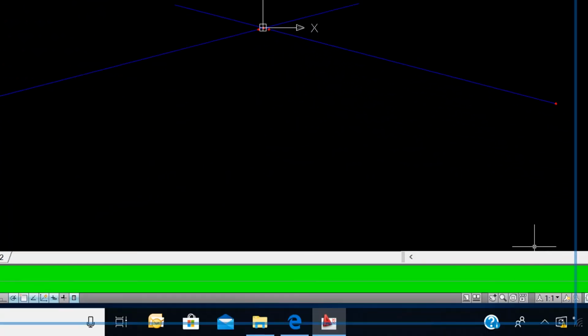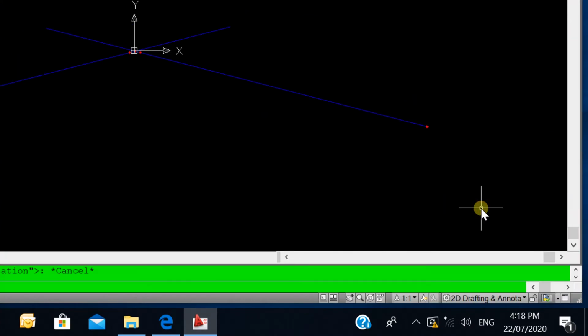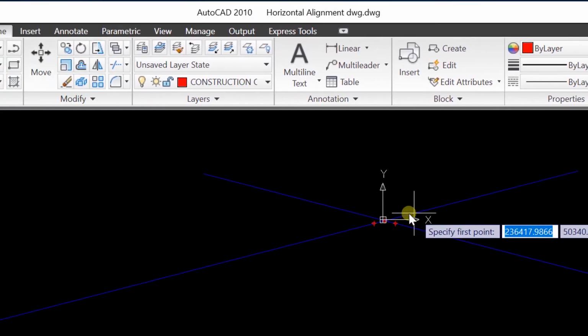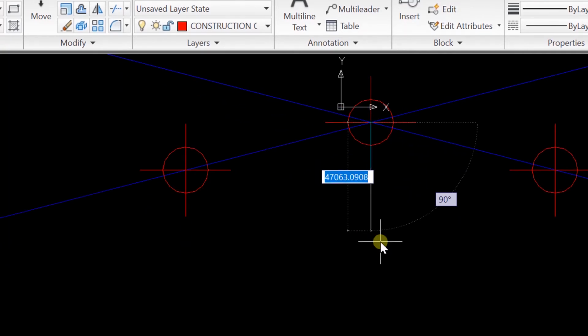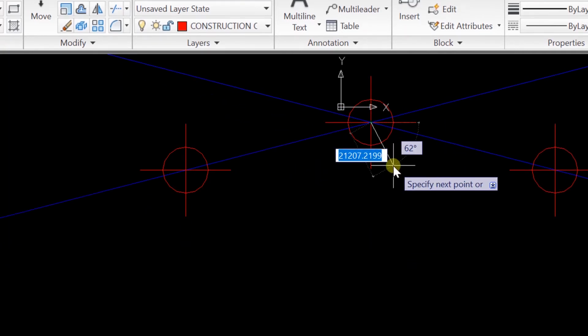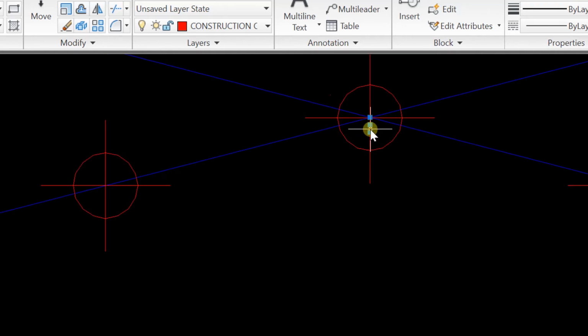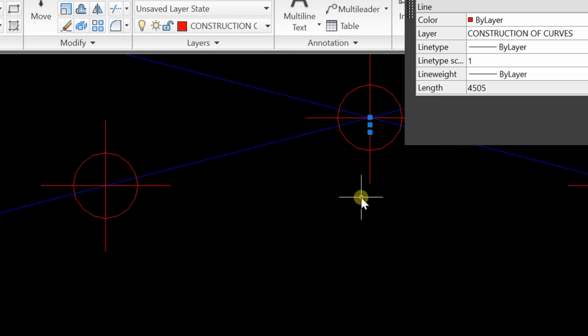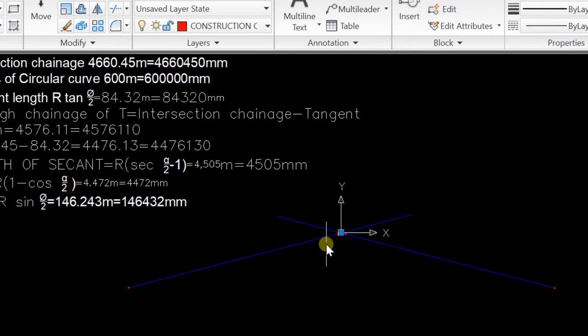So we'll continue on. So go back to 2D drafting and annotation mode, and then we go to points and we specify our point lines command, and then I'll specify my line. Okay, so that's 4,500 from, and then I have 4,500 there. After